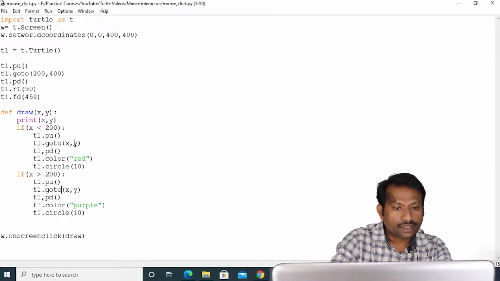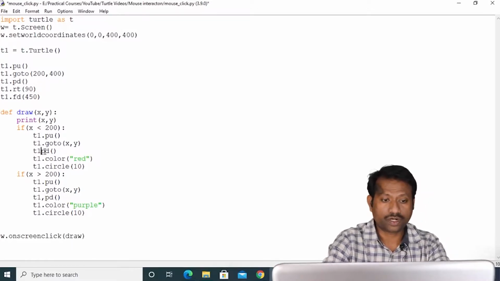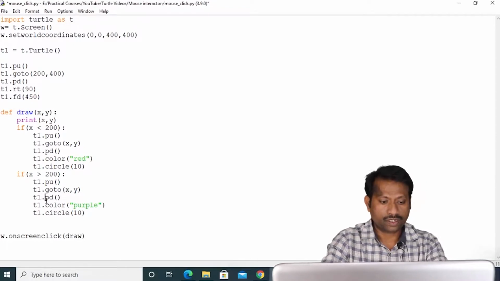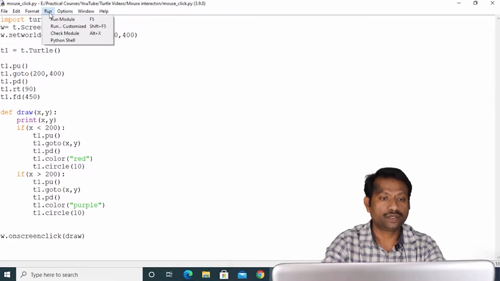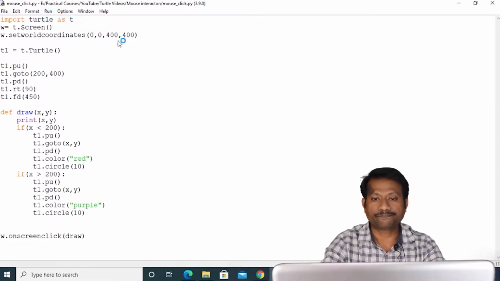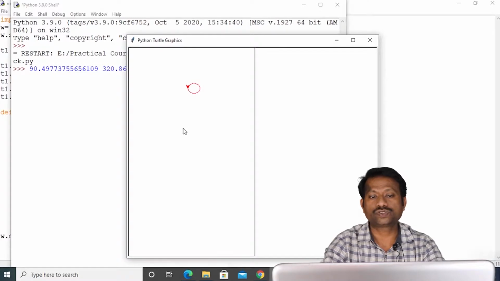PD, pendown. Okay, here I have taken a comma, it should be a dot. Again here it should be a dot. Now let me run the code and hope that it will work perfectly. Yes, now it is drawing the circle